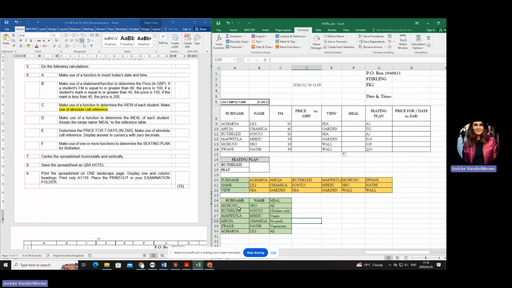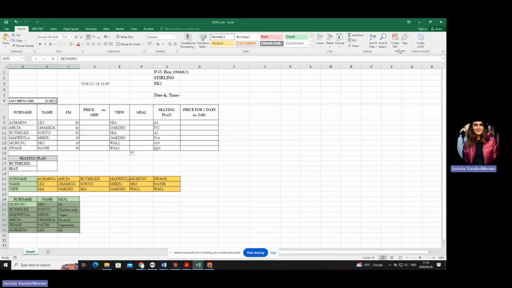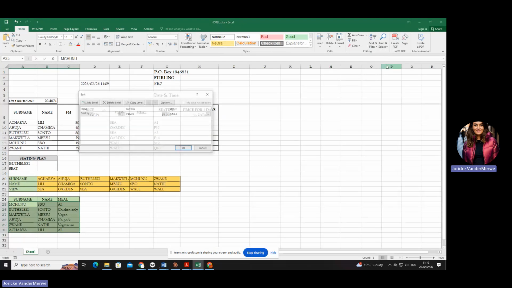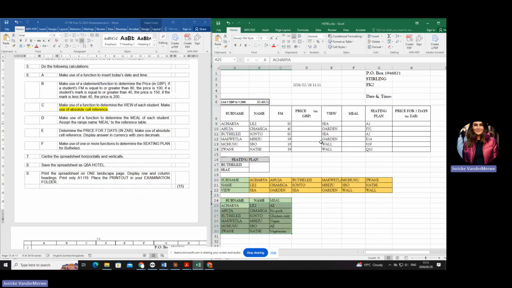All right, what is the second step I need to do? I need to sort my table. Okay. Let's do that quickly. We're going to go to home. We're going to go to sort. We're going to say custom sort. Options is top to bottom. I am sorting it according to column A because it's the surname. Are you with me? I can sort it according to name too, but for now I'm going to use surname.